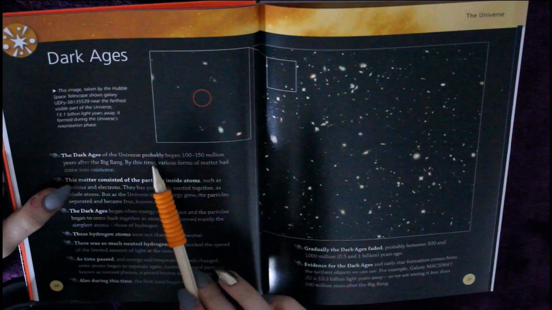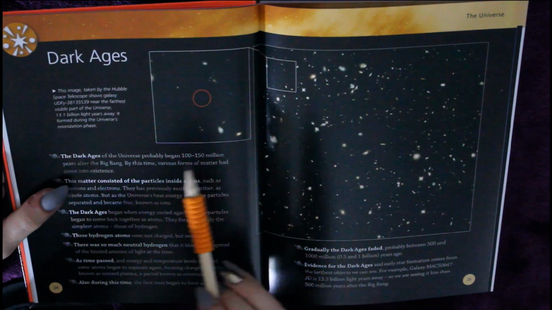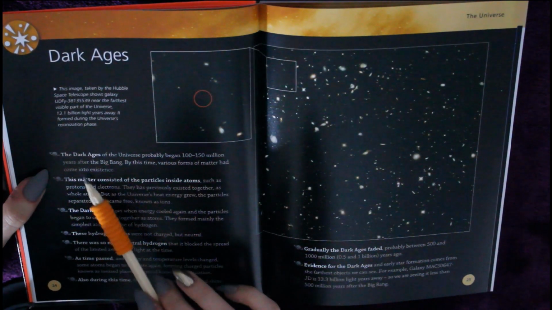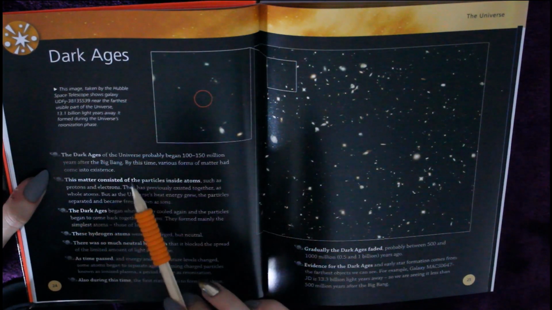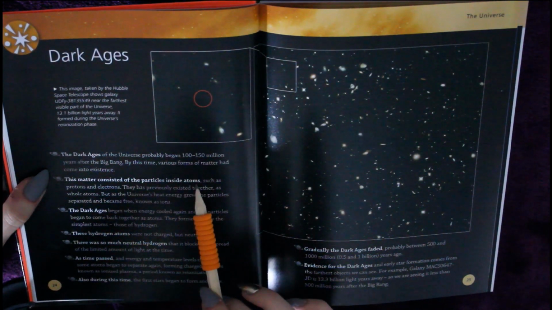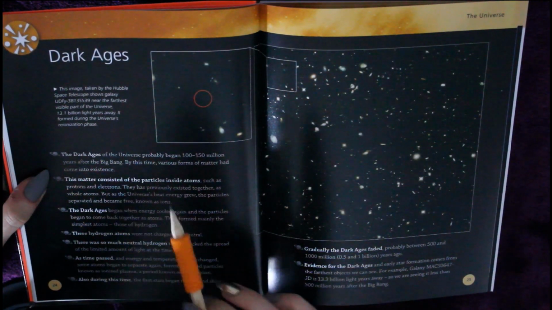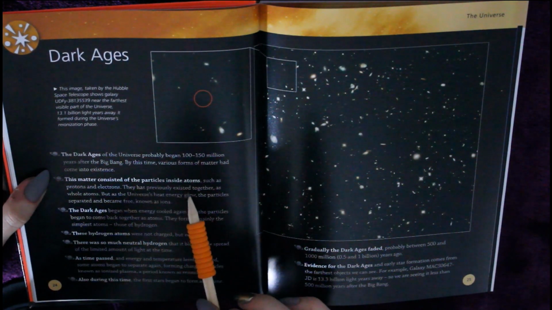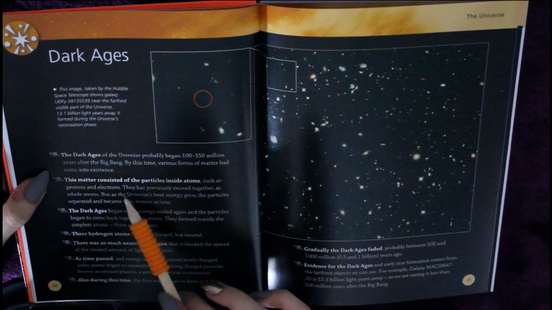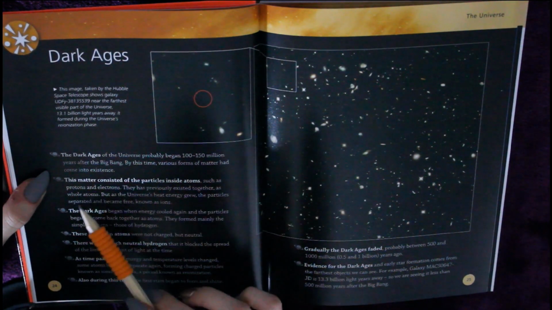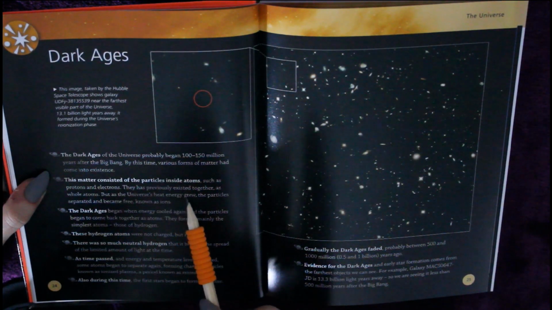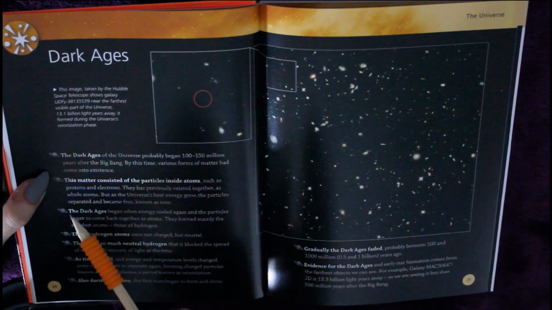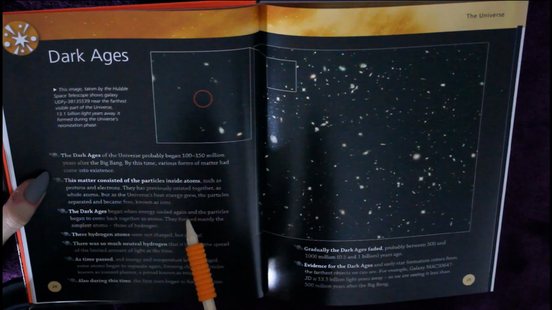The dark ages of the universe probably began 10 to 150 million years after the Big Bang. By this time, various forms of matter had come into existence. This matter consists of the particles inside atoms, such as protons and electrons. They had previously existed together as whole atoms, but as the universe's heat energy grew, the particles separated and became free, known as ions. The dark ages began when energy cooled again and the particles began